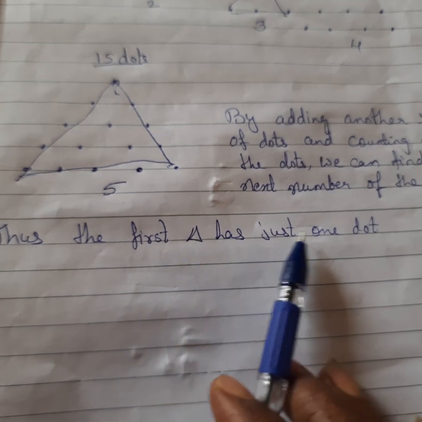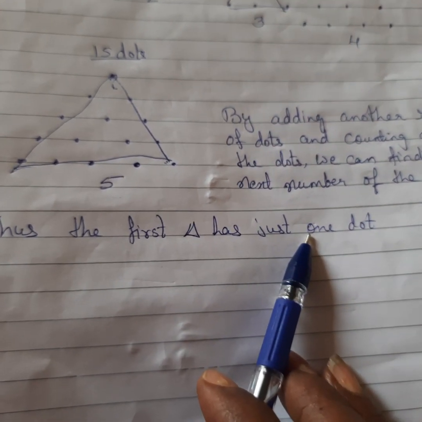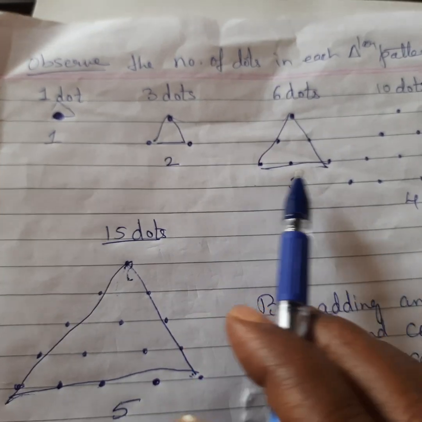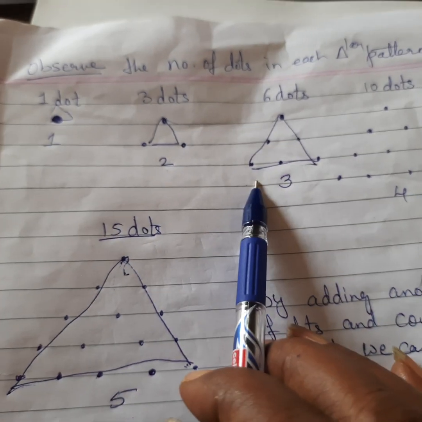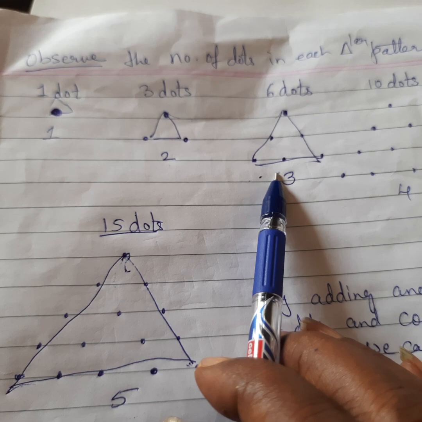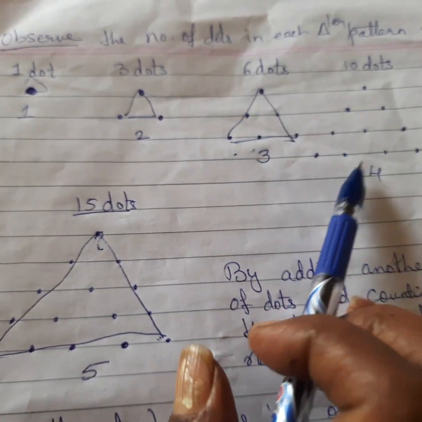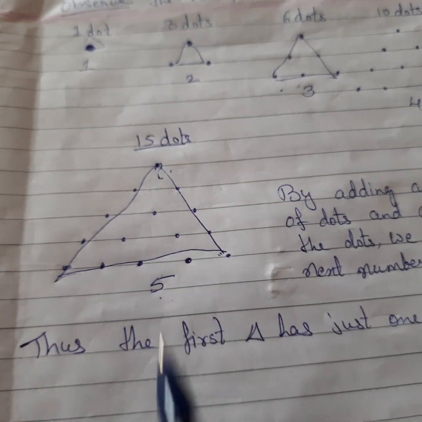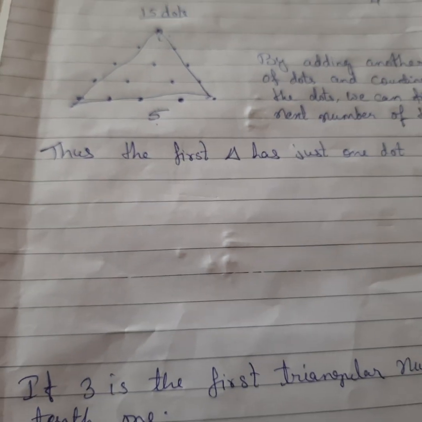The first triangle has just one dot. Second triangle has got how many dots? 3 dots. And the fourth triangle has got how many dots? See, first, second, third. Okay. So third triangle has got 6 dots. Fourth triangle has got 10 dots. Fifth triangle has got 15 dots. So you can understand how many dots we will have to draw if we are going to find out using